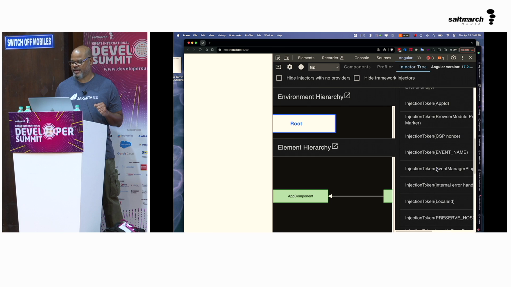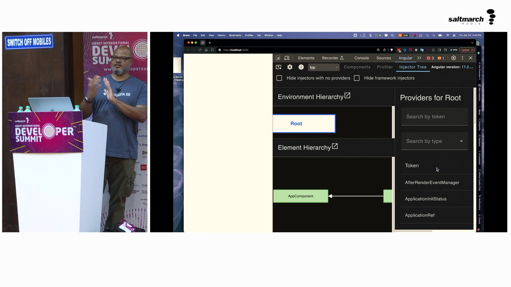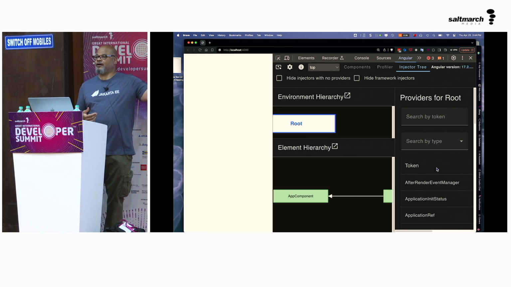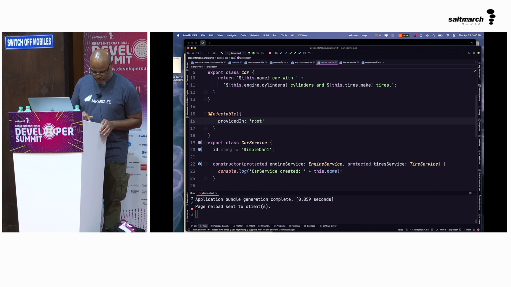Actually, they're not created because nothing actually got to create them yet, right? So, basically because of the hierarchy, it's going up the hierarchy and we're above the part where the other ones are provided, okay? So that's why it's not working. So if I made them all platform level, they would all work. Okay, so that is the joy of root.